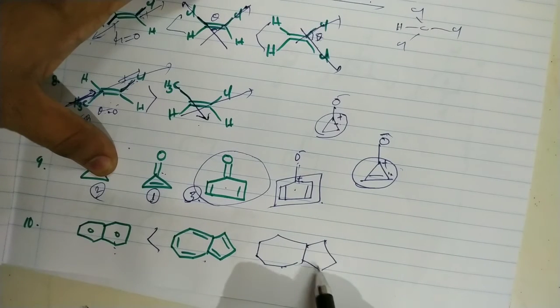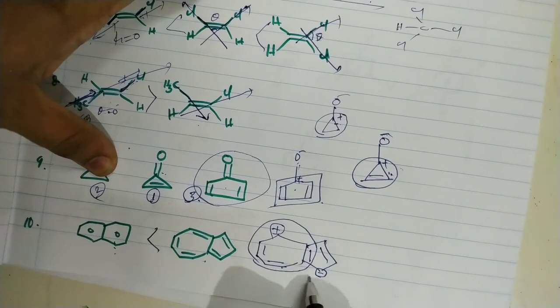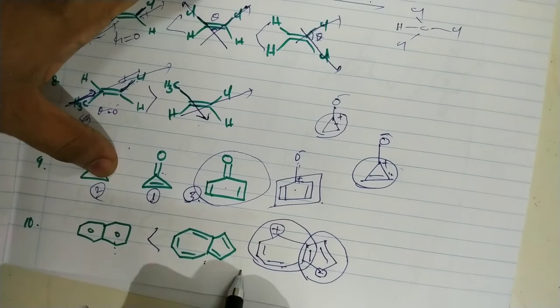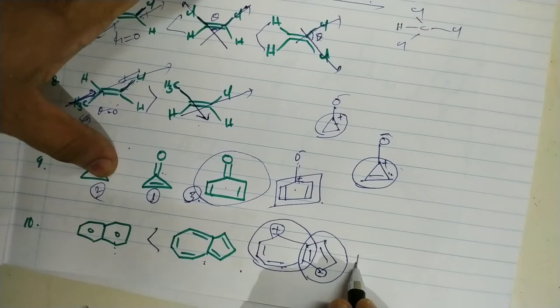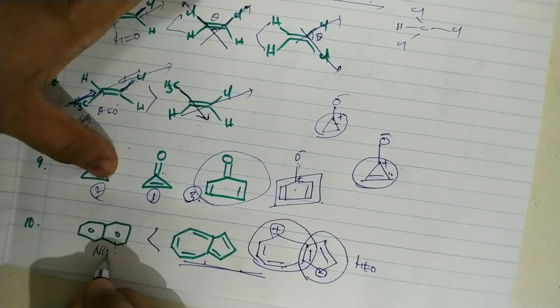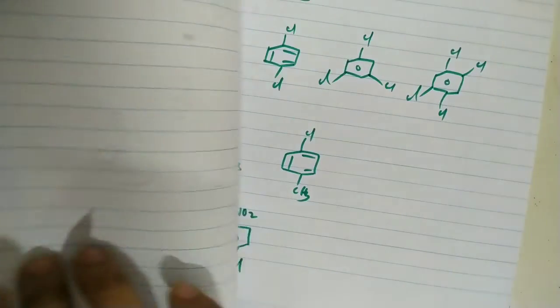In ionic form, both rings are aromatic in nature. Negative charge here, pi bond, and positive charge here. This is a 6 pi electron aromatic ring, and this is also a 6 pi electron aromatic ring. So in the ionic form, both rings have aromatic nature. That's why it is stable in ionic form. That means this dipole moment is not equal to 0. It is a polar molecule. This is a non-polar molecule. That's it.